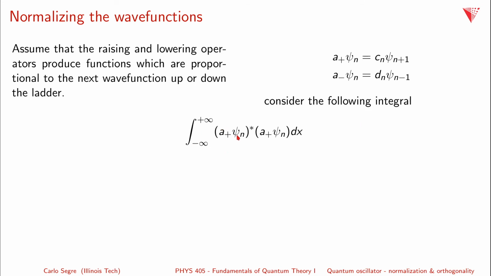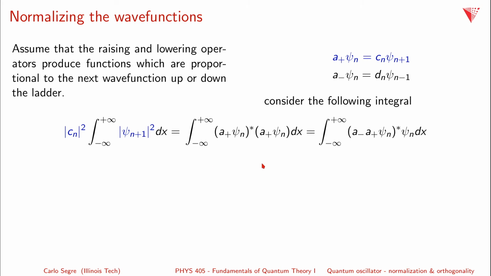We will apply a plus to psi n on the bra side, put it all in complex conjugate, and we'll apply a plus to psi n on the ket side and integrate it all out. Well, if we look at the left side, we get psi n plus 1 star. Here we get psi n plus 1 not starred. And then we get Cn star and Cn, which is the modulus squared of C sub n. And that gives us the 1. Now on the right side,